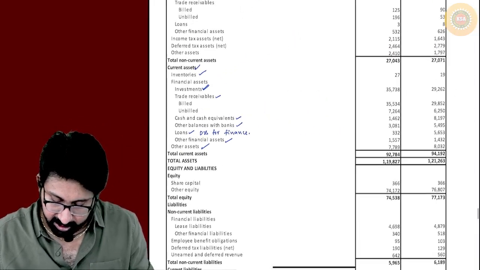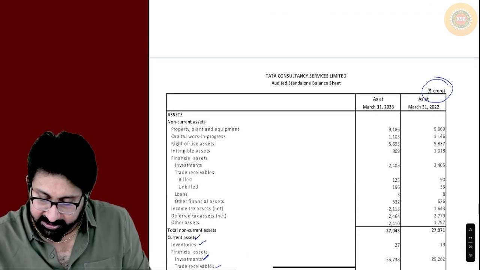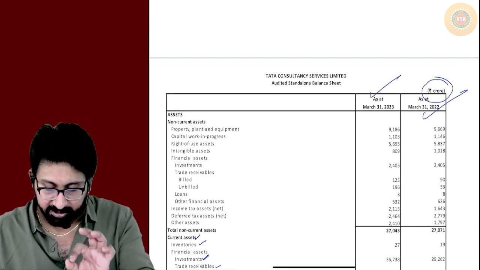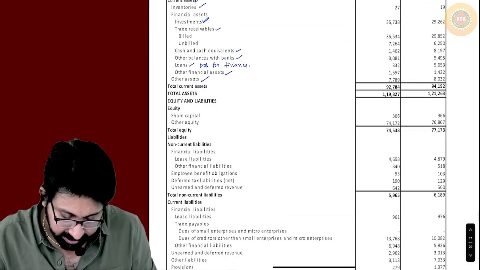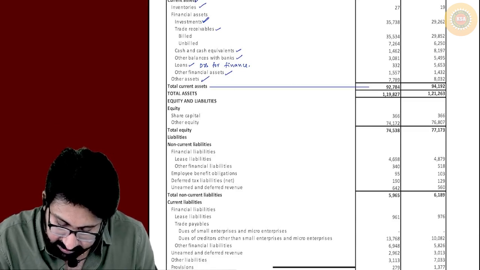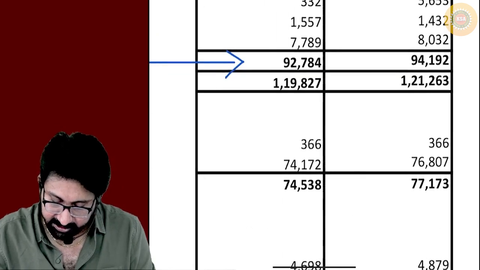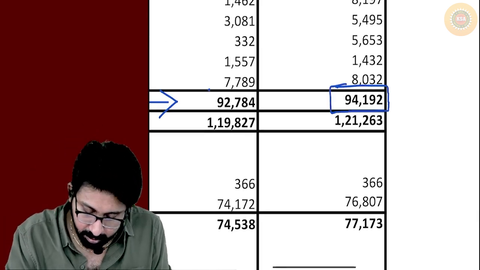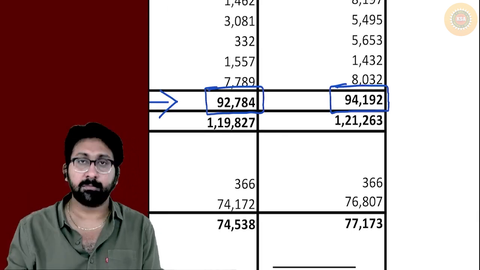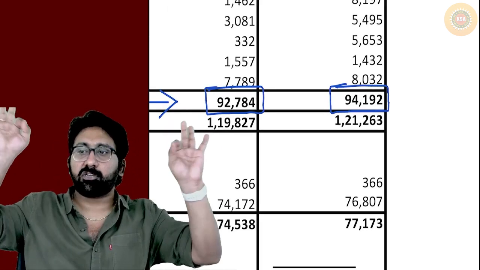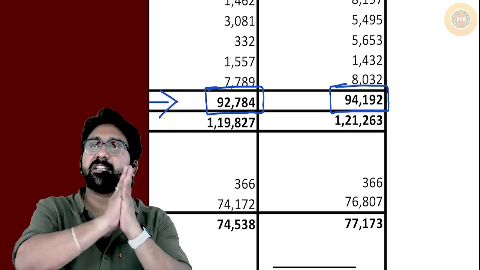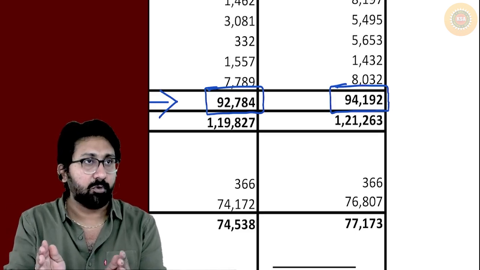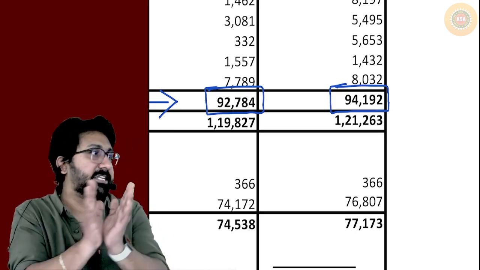First, answer my question clearly. We are going to analyze which year first? 22. Next, which year? 23. First, one by one, give me an answer. What is the status of current assets over a period? First, tell me, what is the current assets status in the first year? Everyone in the class should answer this. Whoever wants to invest in shares should make a fundamental analysis of the balance sheet. Tell me, has performance over a 1 year period reduced or increased?